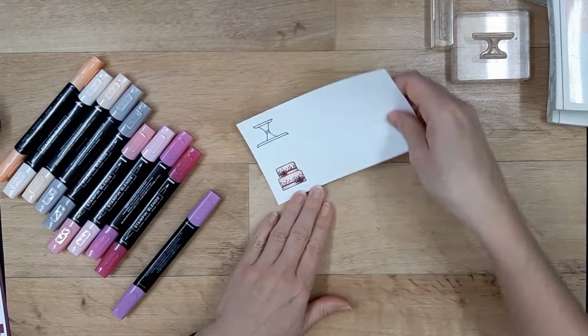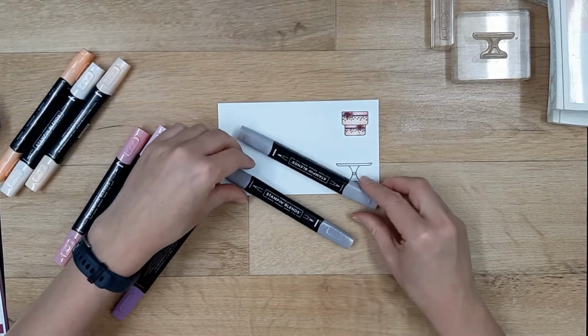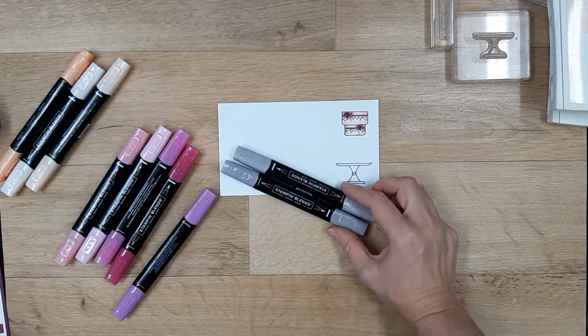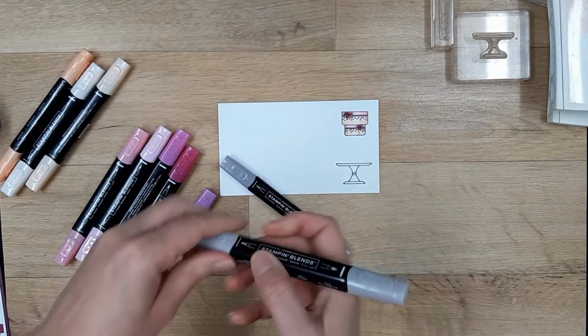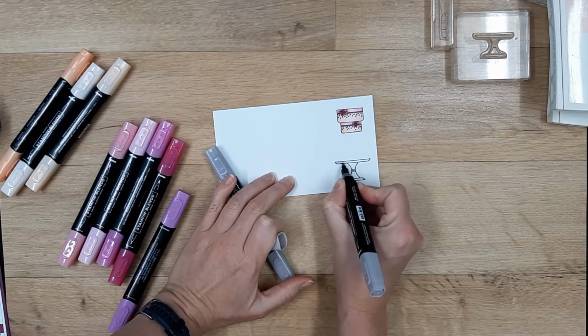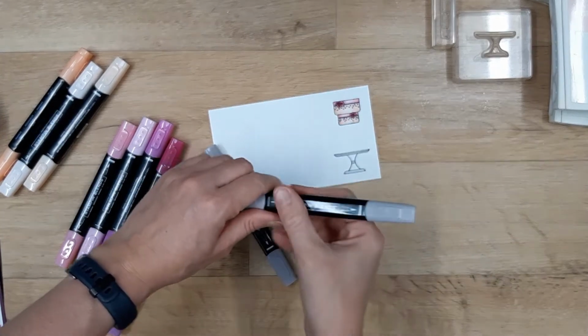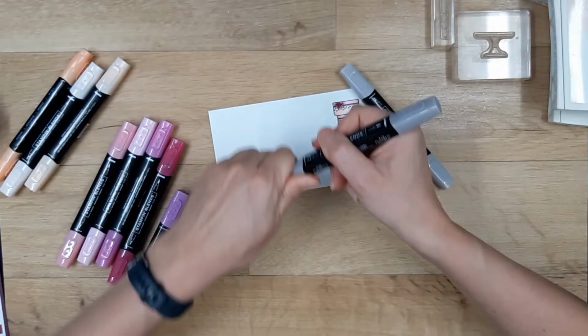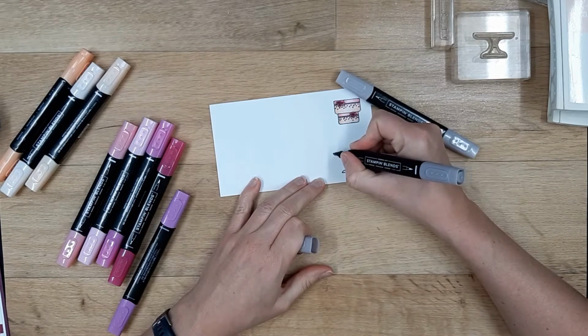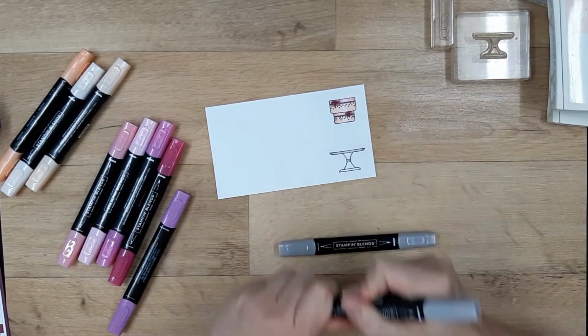So I'm going to flip this over now. And this time we're going to bring out our grey granite. So we're going to use the light and the dark. And I'm going to start with the light shade again. And I'm just going to colour that top piece in light, like so. And then again, just adding a bit of that shading there. And then blending that out